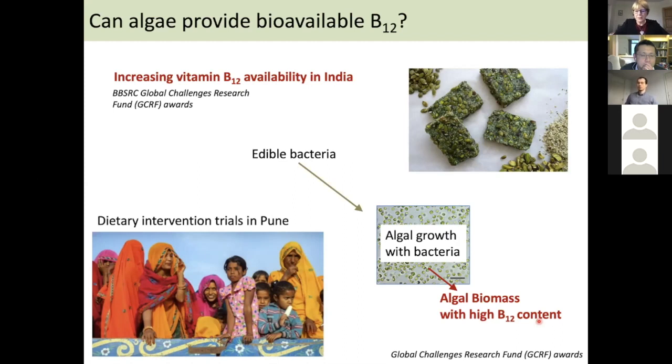So the idea here is to see whether we can generate algal biomass by growing it with edible bacteria, and then test to see whether the algal biomass that we've produced can actually make a difference to the B12 levels in